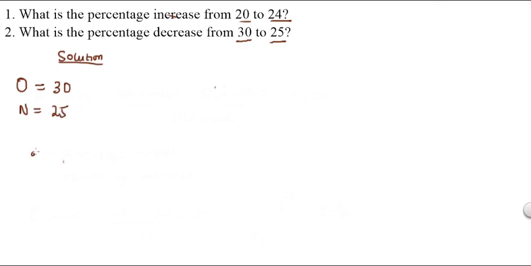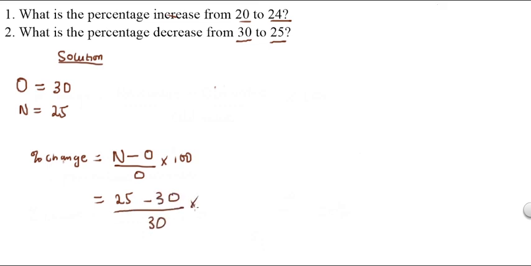Remember, for my formula, the percent change is equal to the new value minus the old value divided by the old value times 100. So from here, I know that my new value is 25. So this will be 25 minus 30 divided by 30 times 100. So this is equal to 25 minus 30, which is minus 5, over 30 times 100. So 5 into 5 is 1, 5 into 30 is 6. So if I do 1 over 6 times 100, I get something around minus